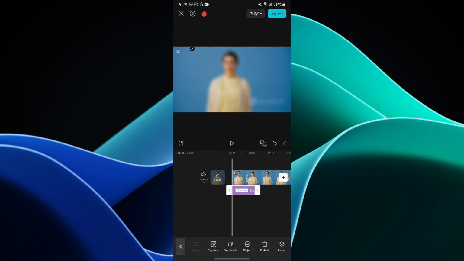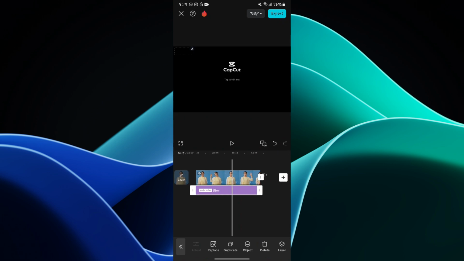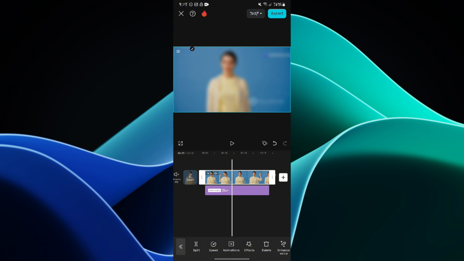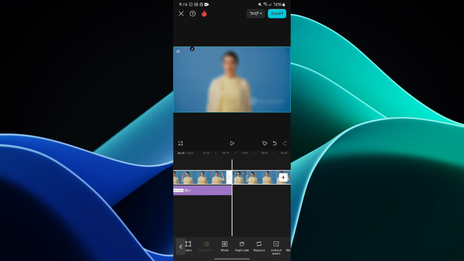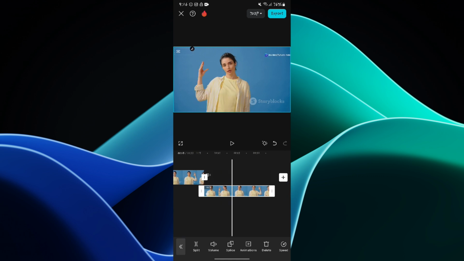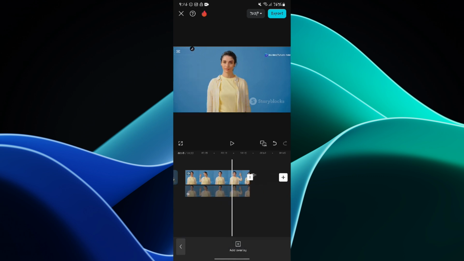Then you're gonna make sure it is all the length of the video. Then you're gonna click on the clip and scroll till you find duplicate. You're gonna duplicate, then select on the duplicated clip and go till you find overlay. And you're gonna take this clip to the start of the video,